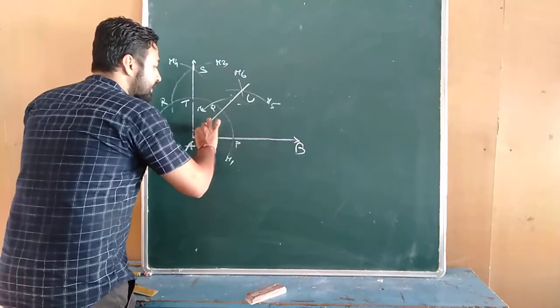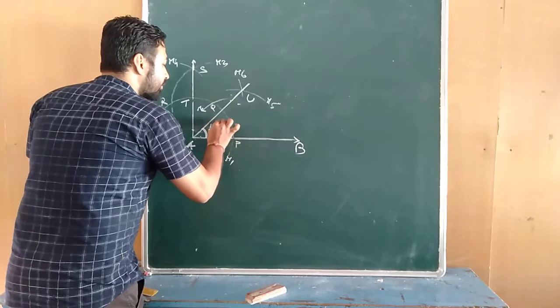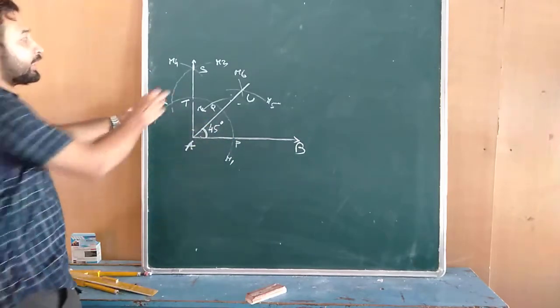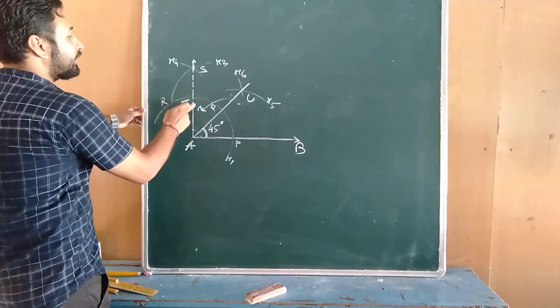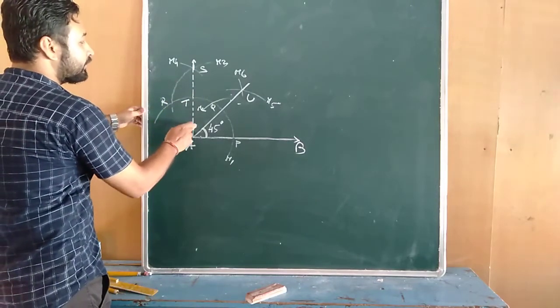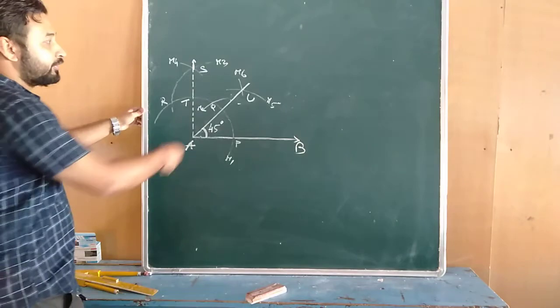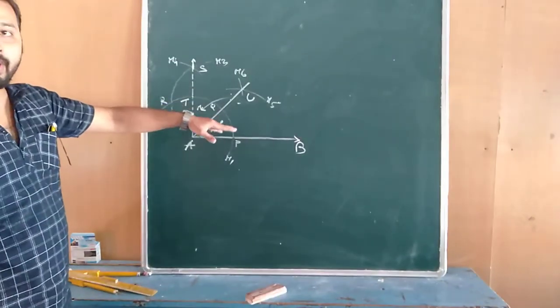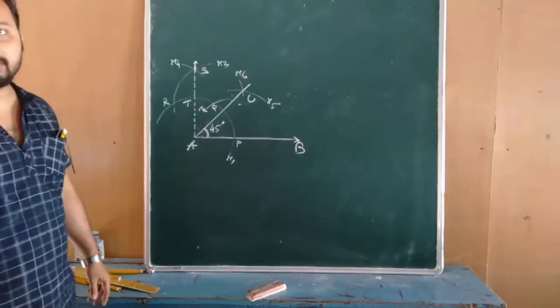So now this angle is how much? 45 degree angle. If you construct this 45 degree angle, this line you give as a dotted line. Don't give it as a continuous line. Dotted line you draw, and the original line by which the angle is made, that line you give as a continuous line. Okay.